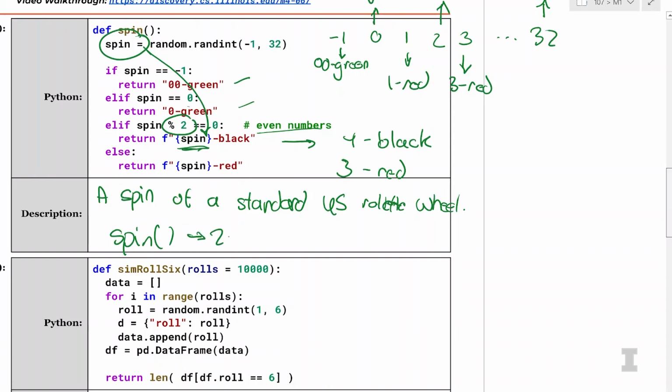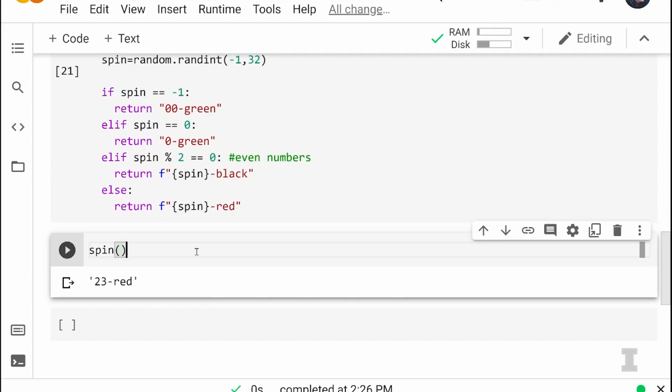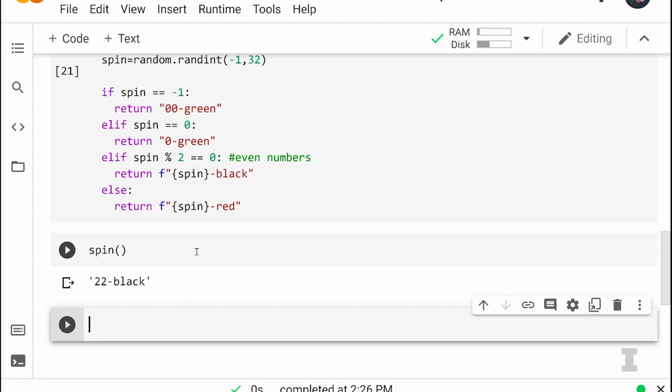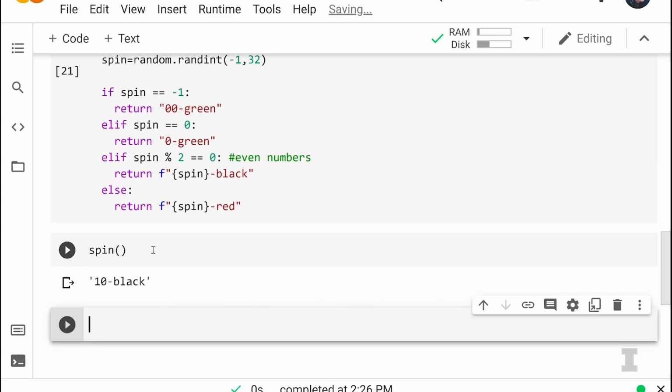Awesome. So 23 red. So I'm going to take a gamble. I'm going to bet 52 cards on black. How about $52? I'll spin again. 22 black. Oh, I'm a winner. I've doubled my cards. That is awesome. So should I go double or nothing? Yeah. Okay, I'm feeling double or nothing for red. For red. Should have stuck with your original black because it's 10 black. Oh, I've lost everything. Congratulations. Thank you. Casino's rich.